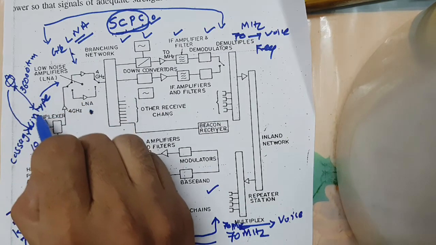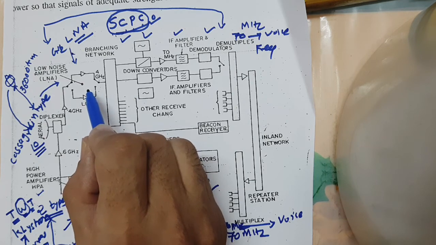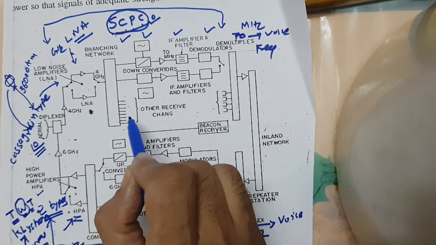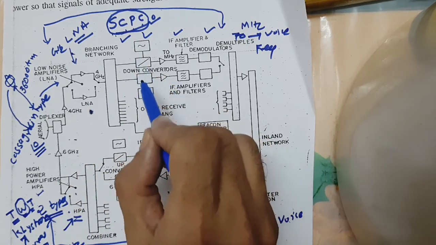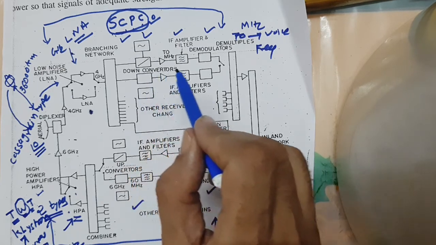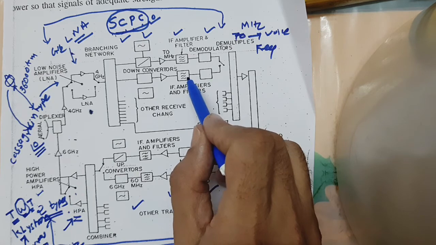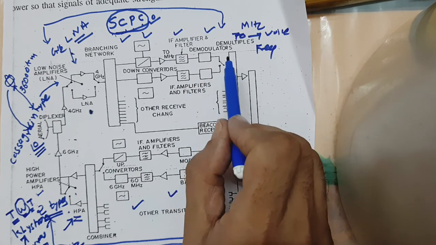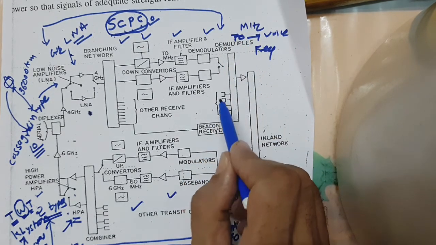The signal is received with the help of the LNA, which decreases or removes the noise contribution. Then these are the different channels. Then it is given to the down converter, which decreases the frequency, and given to the IF amplifier, which amplifies the signal, filters the signal, and gives it to the demodulator, and makes this in the range of megahertz. These are the different channels, right?